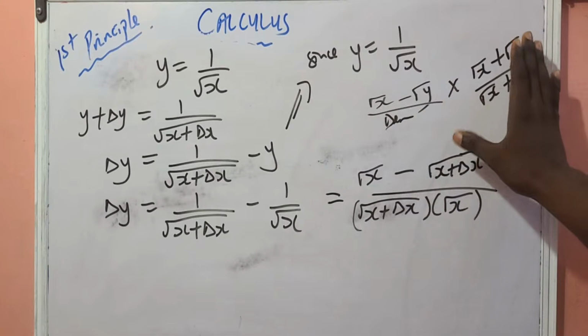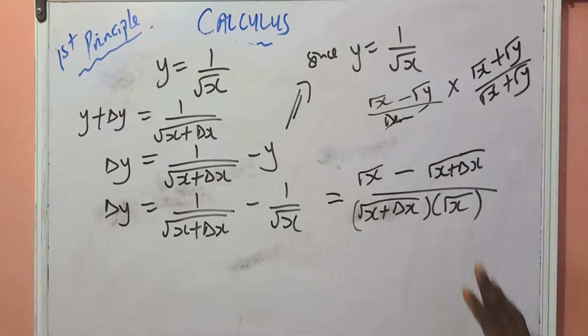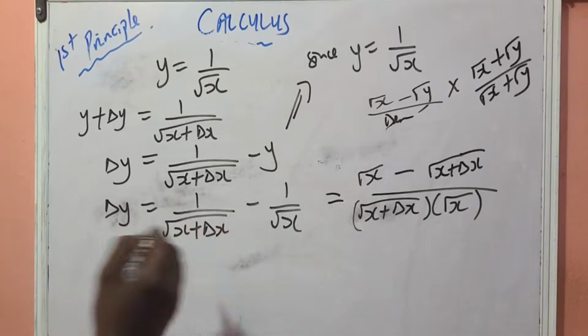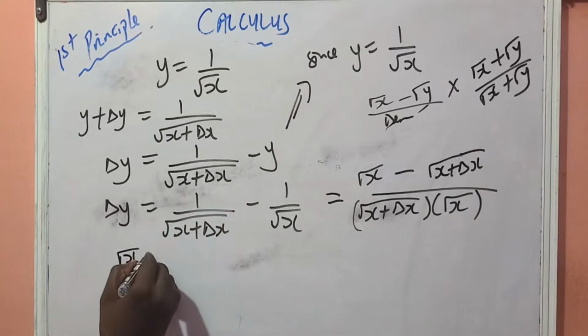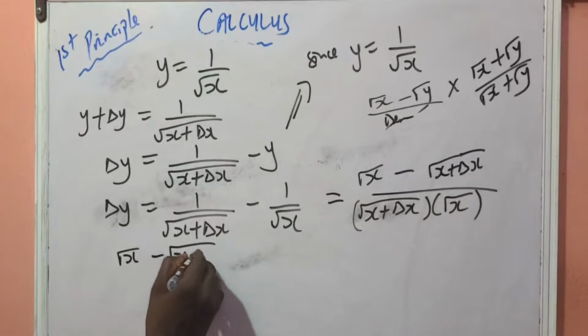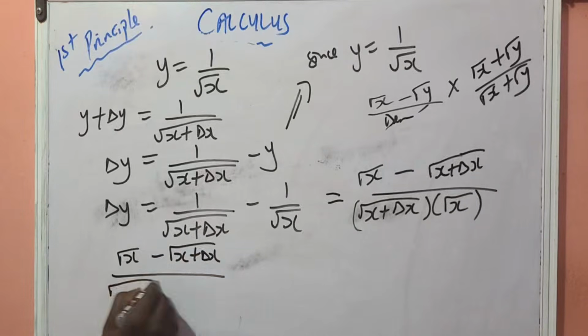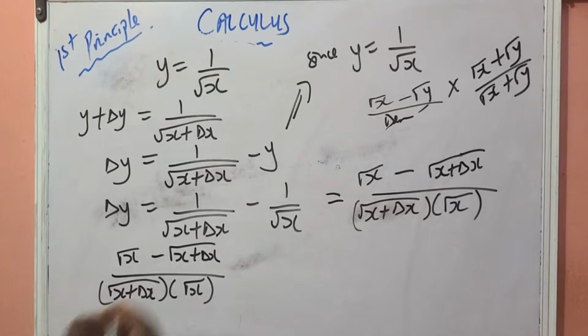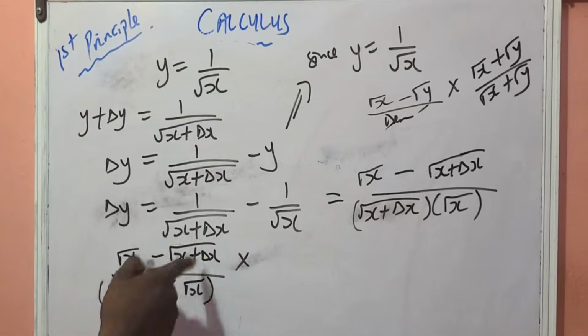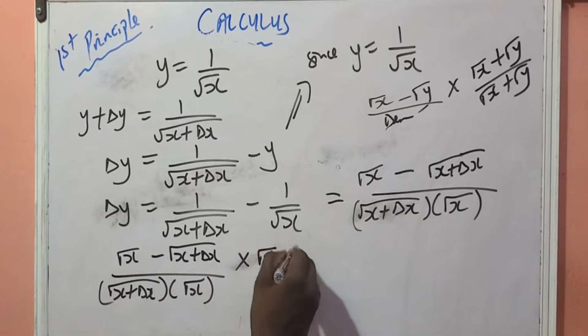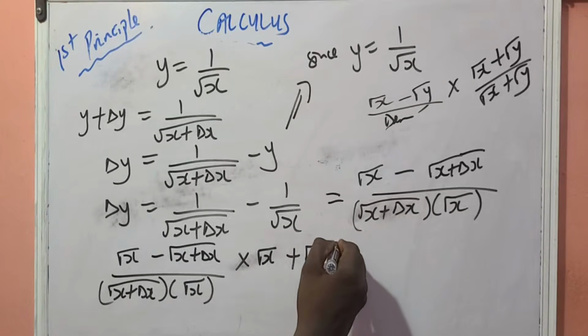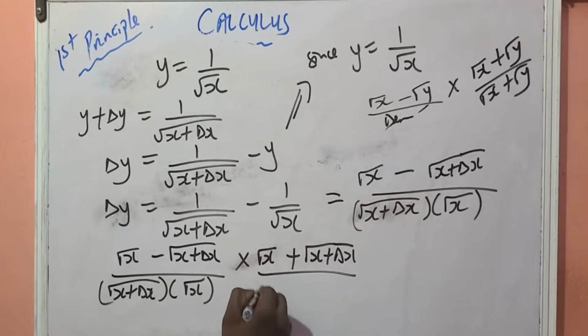This thing we're doing right here is not anything hard. It's just to change the form. So that means if I have this, what I want to do next is this. Look at what I'm going to do next. So I have root x plus dx minus root x over dx. Of course, this is the denominator we have. So if I want to change the form of this, I want to multiply by the conjugate of this. That will be root x plus dx